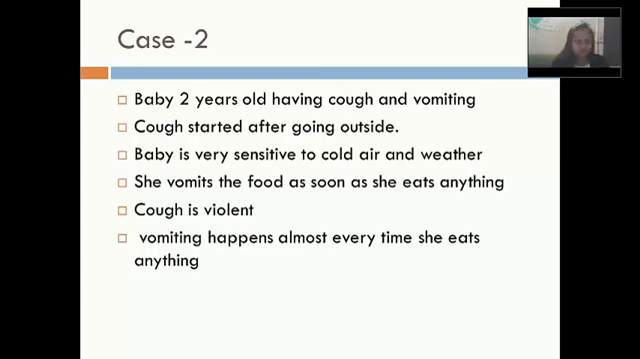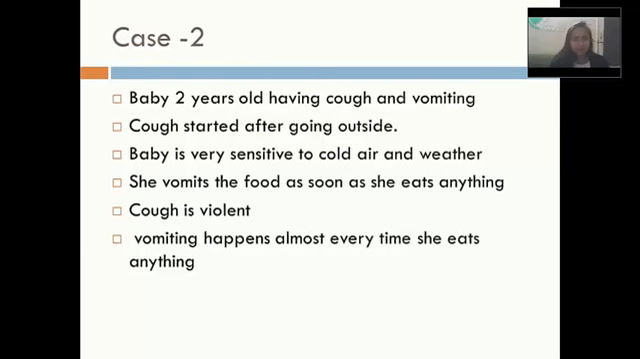As soon as she eats, she would vomit. So nothing is in her stomach. Cough is very violent. I could see that. Vomiting happens almost every time she eats anything. So that was a very acute case for me. She had almost 7 to 8 vomitings when she came to me in 2 days, and the cough was very violent. So what I did is,